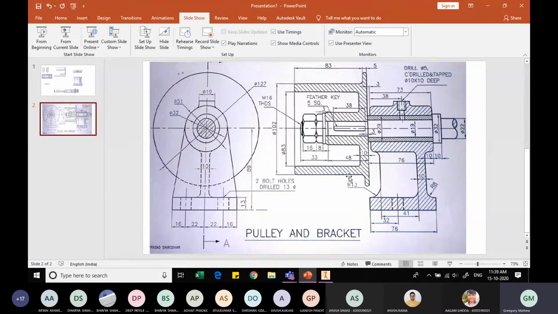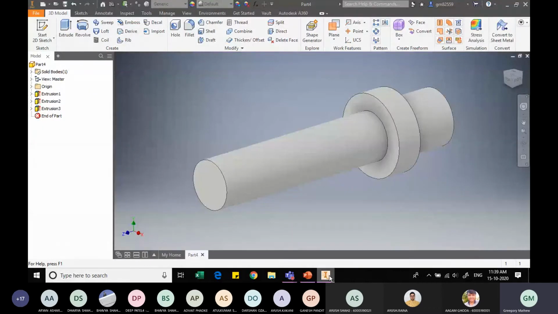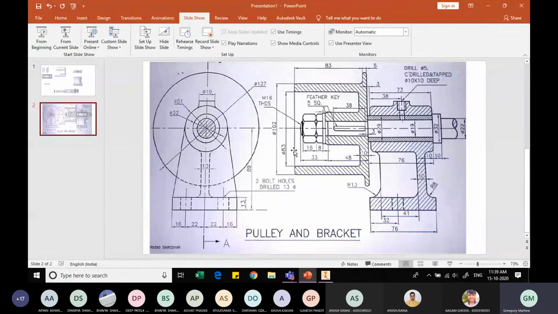So the total length will be 33 plus 48, and the diameter is 16. Just let me correct that, 33 is not right, this is an extended portion, so this is 3 mm. What we mean is from this face till this face 48, from this face till this face is 33, and this gap over here is 3 mm.